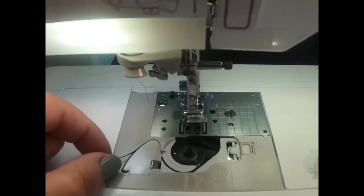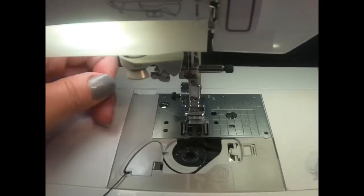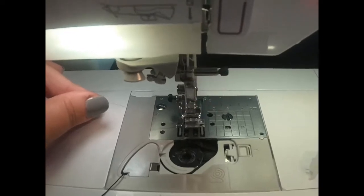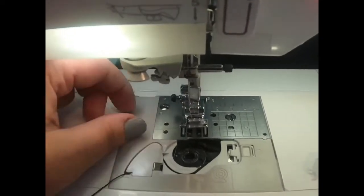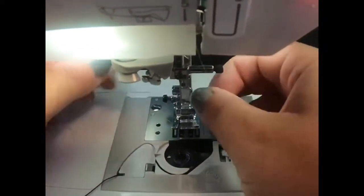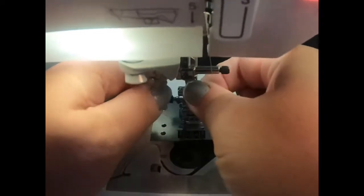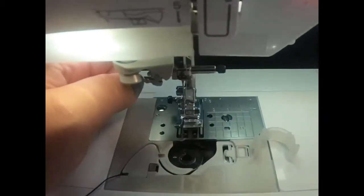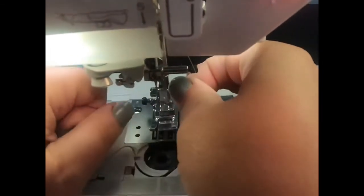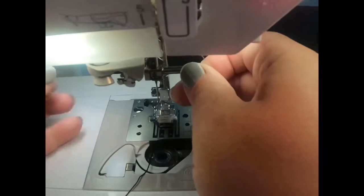Okay, like this, because if you've never set your machine for elastic thread, this is an important step you would need to do. So grab your elastic thread, set your machine like you normally would,